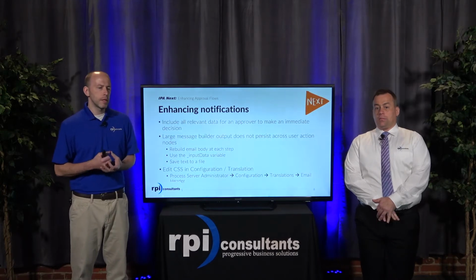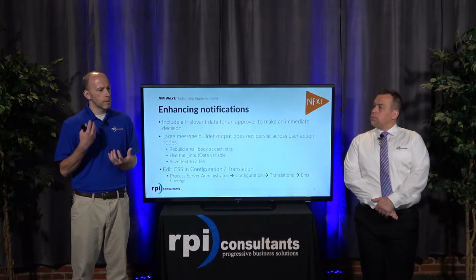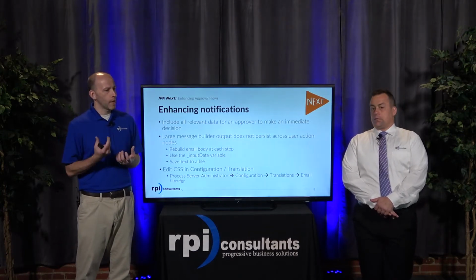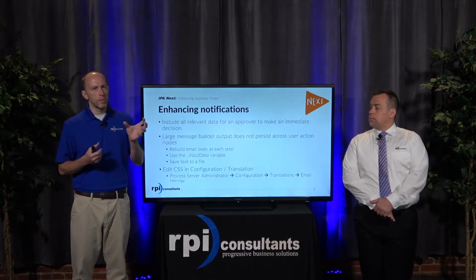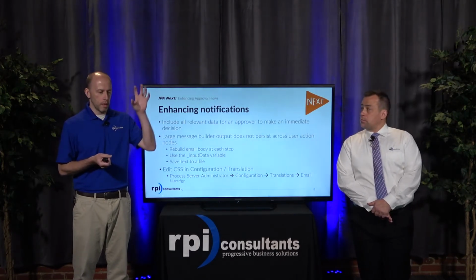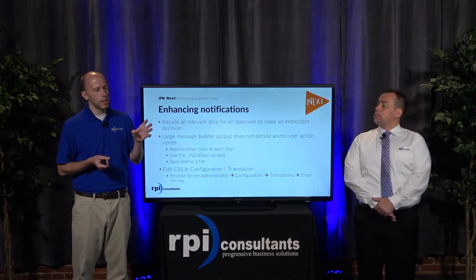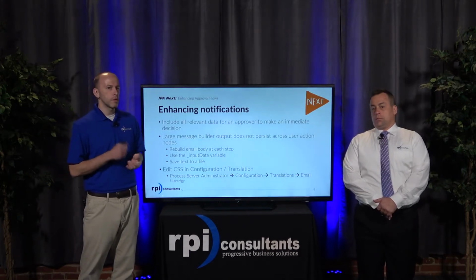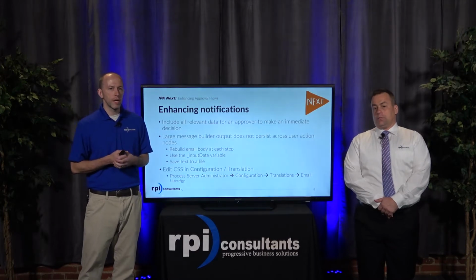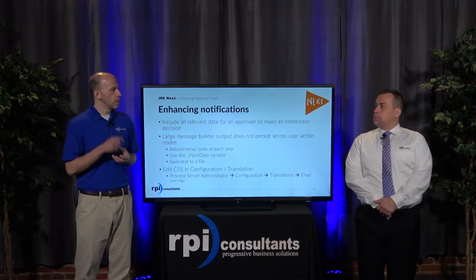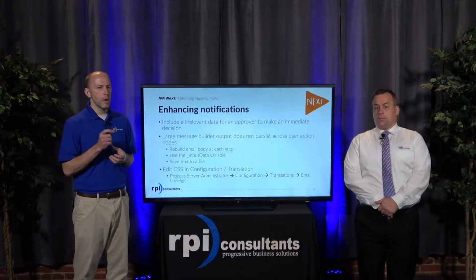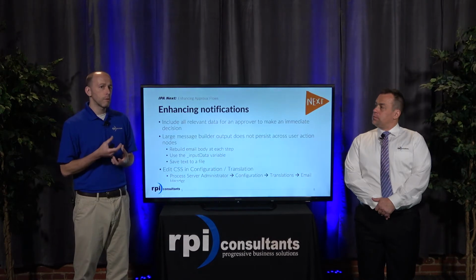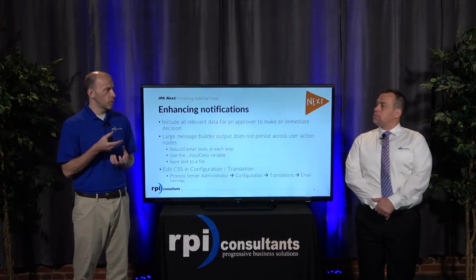Another thing that I like to do is enhance the emails with a little bit more HTML style sheets. One way to do that is just have a message builder node in your flow that puts all that style sheet information in there, and then you include that when you build out your message. The other thing you can do is edit the CSS in the translation configuration. There's the email header configuration, translation entry, where it already has a basic style sheet created,